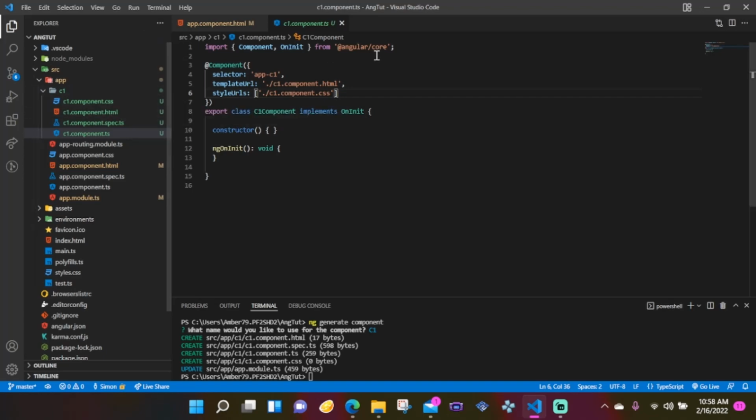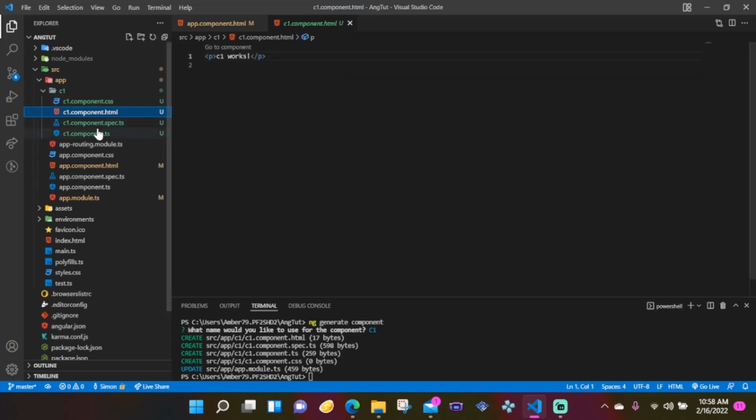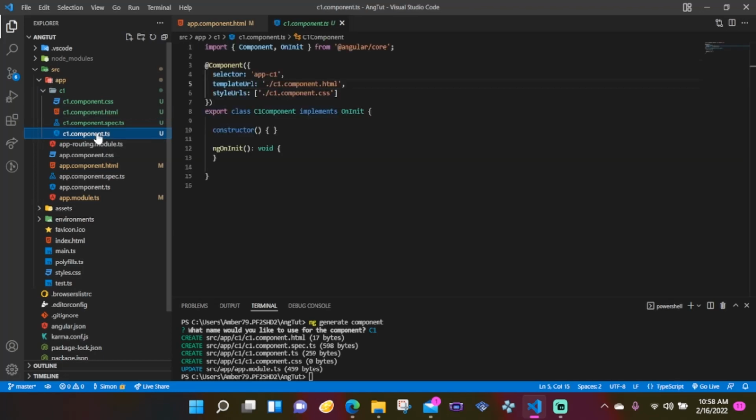So let's get into a bit of how a component works. As you can see, a component comes attached with a template or a template URL. Realistically, even though we do have this HTML file here, we don't have to have it, because what happens is that this